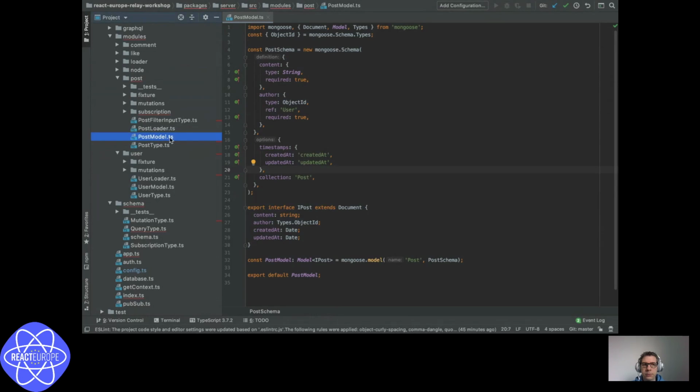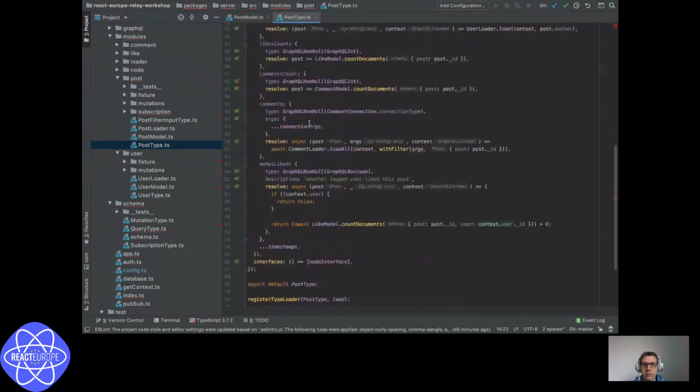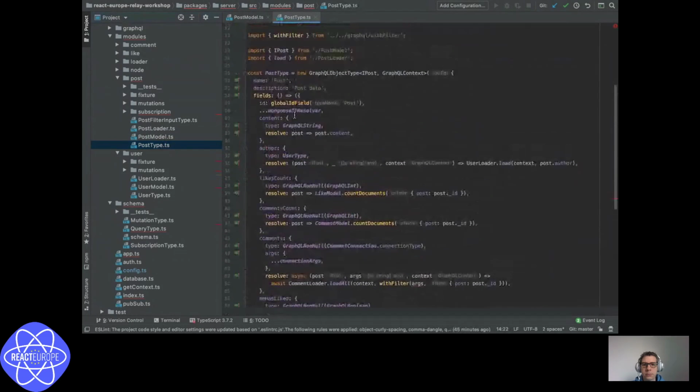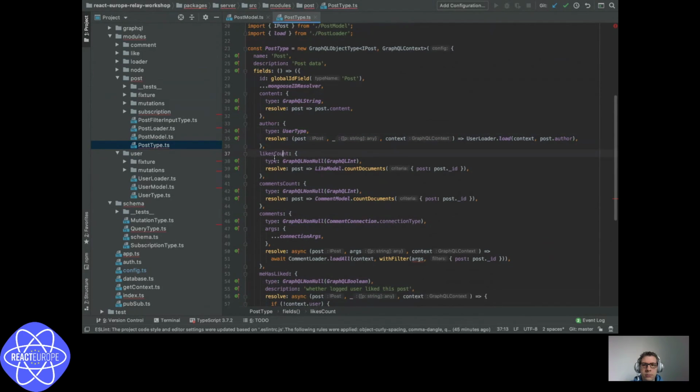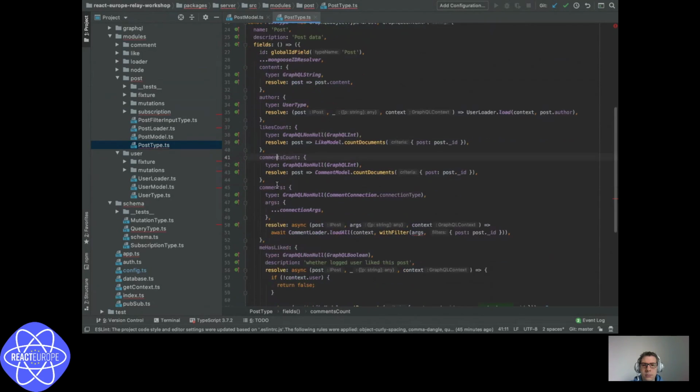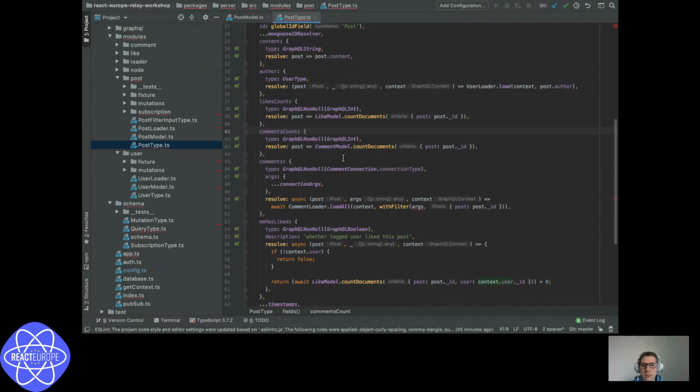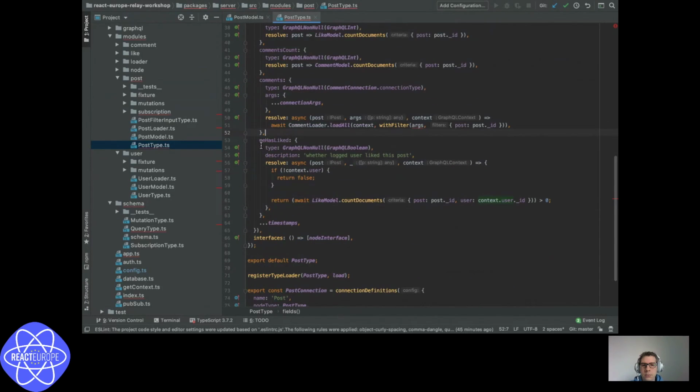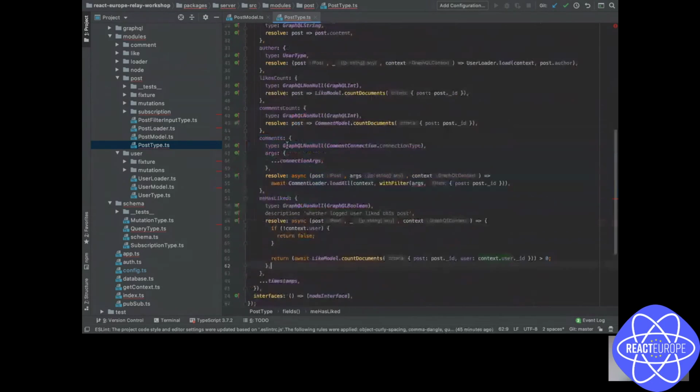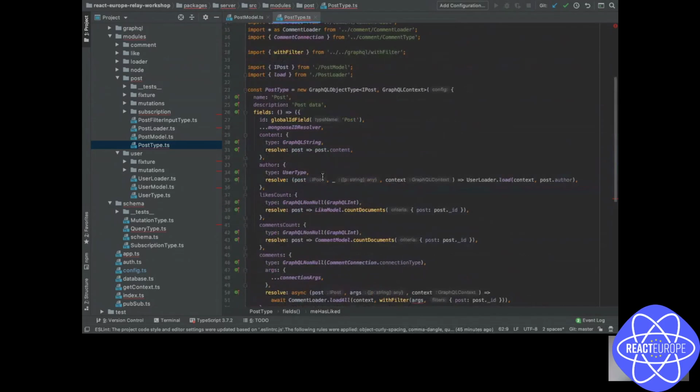Then for each model, you're going to define a GraphQL type. My type has more stuff than the model. I have an ID, the Mongoose ID, and the content. The author, instead of resolving an ID, is going to resolve the full user type. We have more metadata like likes count and comments count, how many likes and how many comments a post has. It shows all the comments of this post, and whether the logged user liked the post or not. So you can do all this kind of post and like logic.